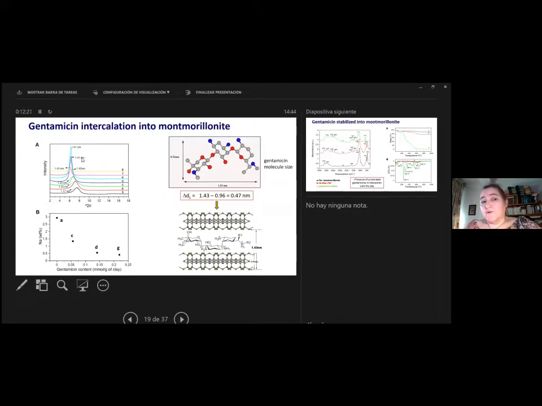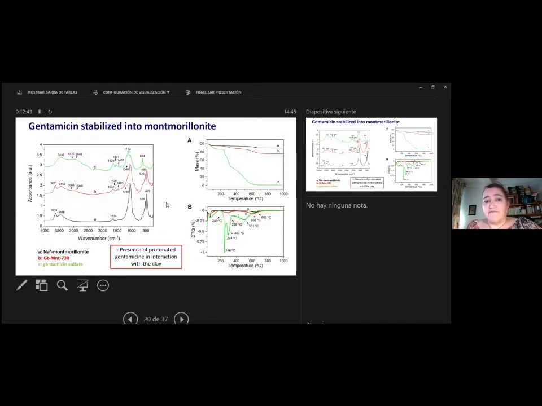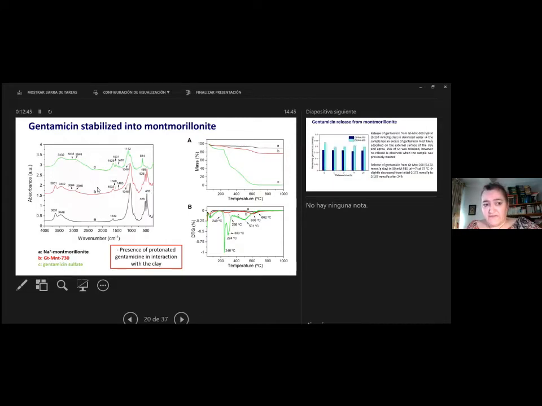Actually, if we consider the possible structure or arrangement of the molecule in the interlayer region, it corresponds to a monolayer of intercalated molecules. It's not completely flat because the rings have a certain conformation, but it's practically flat, parallel to the silicate layers. There are interactions. In fact, from the FTIR spectra, we confirm that the protonated antibiotic is preserved